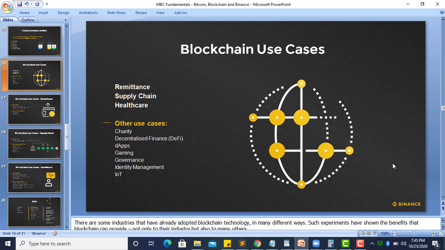We also have what they can use as a supply chain. We have some apps they use for health. There are some apps that will take your temperature, take your heartbeat rate, take everything concerning your health, and then monitor it for you. When it's time for you to take your drugs, they will alert you. Internet of Things, all these are technologies that they are working on presently, and some of them are already out.